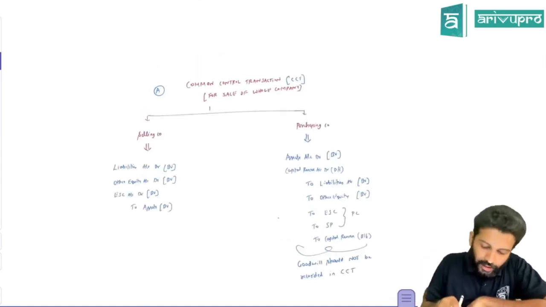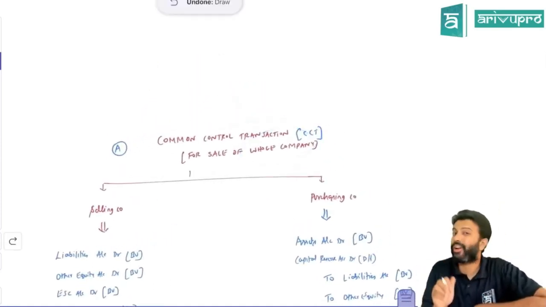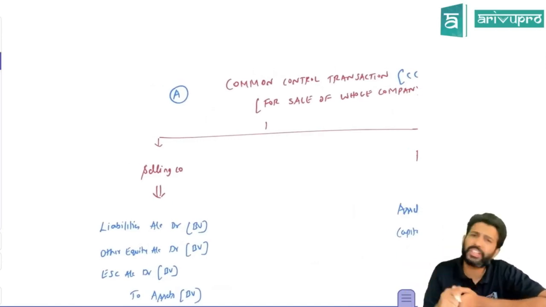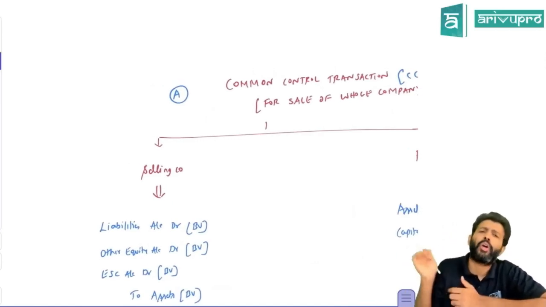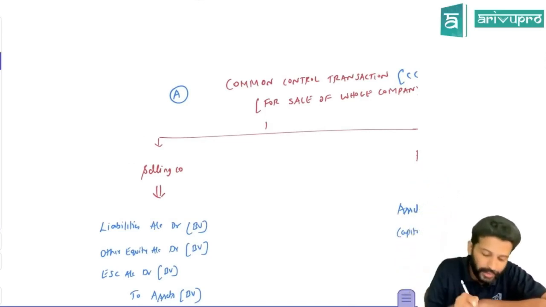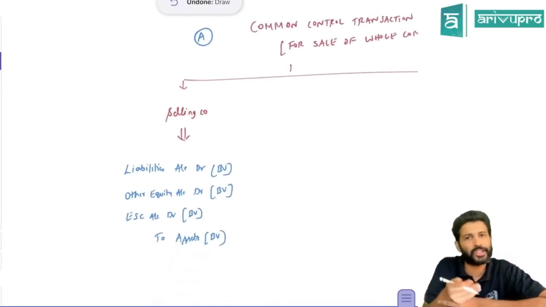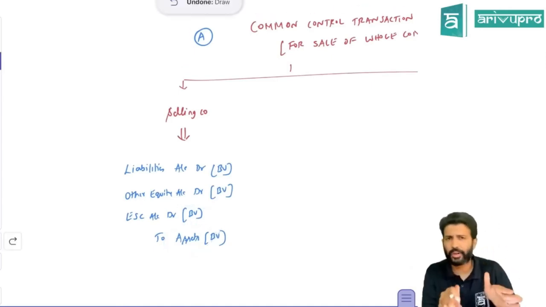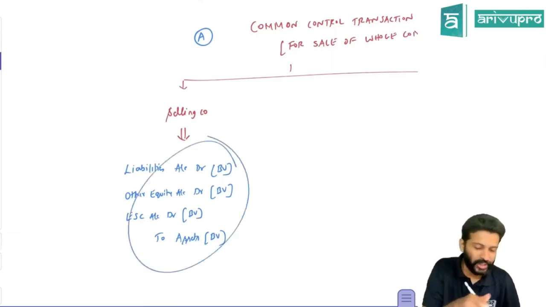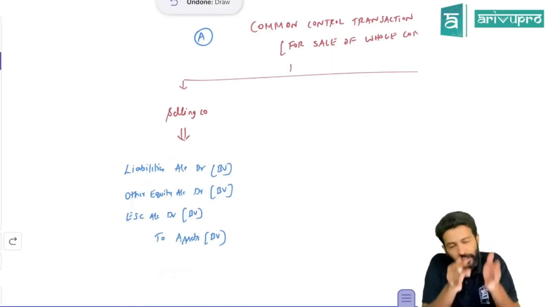Okay, so it's a common control transaction, but the whole company has been sold and not just the division. So in this case, what to do? Sir, if the whole company has been sold, it means every single ledger of the selling company needs to be closed, right? All the liabilities, other equity, share capital have credit balances. To close, we have to debit, obviously at book value only. All the assets have debit balances, and to close, we will credit them. So ideally, in these sort of transactions, there will not be any balancing figure. Companies close, no, so they should not get any balancing figure in this case. That's the reason every single ledger should get closed. So it will be closed off like this. This is in the books of the selling company.